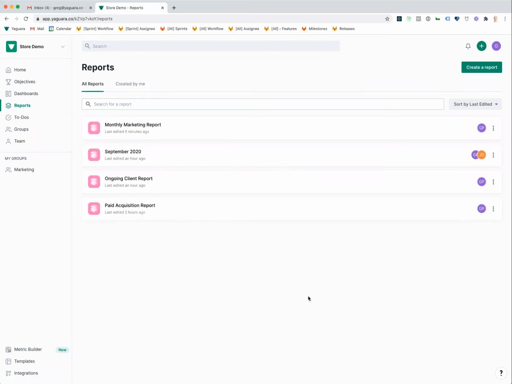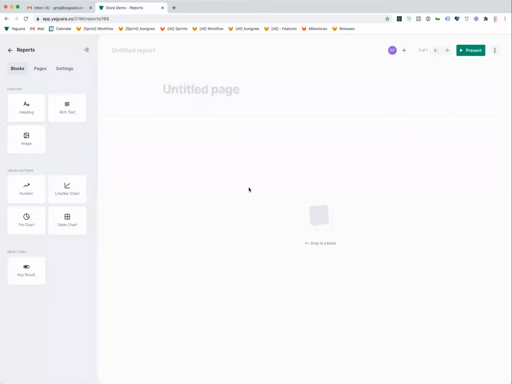Okay, so here we have our reports. I'll open up a new report here just to go over the report builder. So what you'll see here going across the top, there's a spot to enter your title, for sharing the report with your team, for navigating the different pages, entering present mode, and then performing report actions